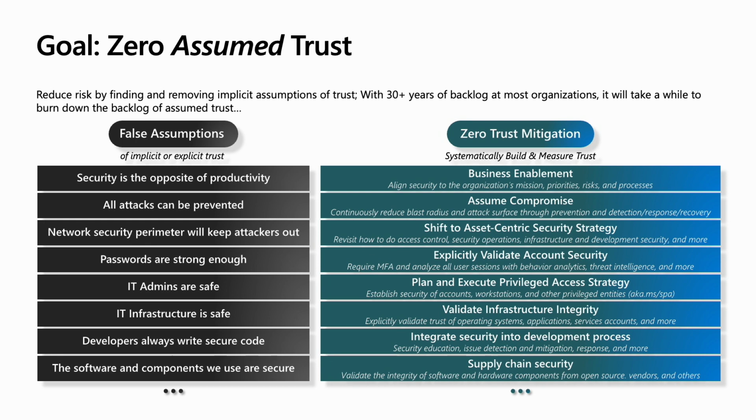And so that requires us to change those assumptions and no longer trust that, hey, a strong password's all you need. We actually need multi-factor authentication, some other things. We can prevent the attacks. We just stop them at the firewall. Well, you can't prevent them all. Some will get through. So you have to assume compromise and assume a breach and plan accordingly. And there's all these harmful things. And so zero trust is really the process of recognizing these assumptions of trust and then coming up with how do we mitigate those, and then prioritizing within there.